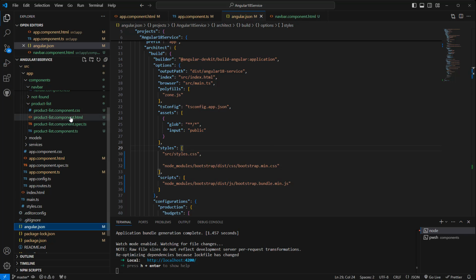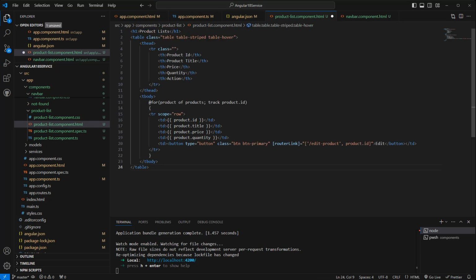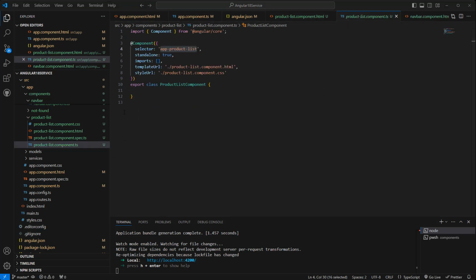Okay, now I want to add the product list. I have a table here. Let's make it S2 instead. Okay, and let's remove this one first. I will show you how to add it later. Save that, and in the component,